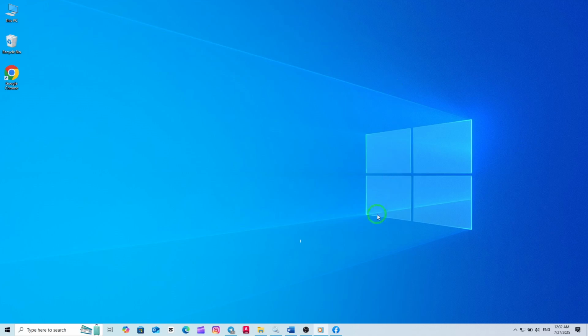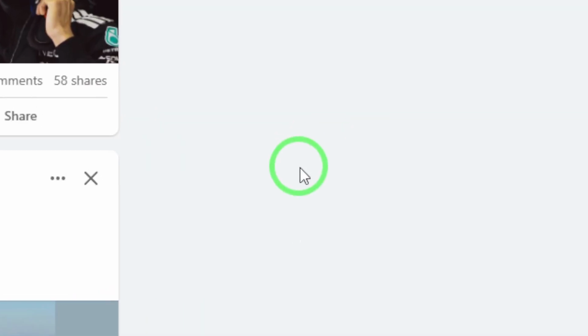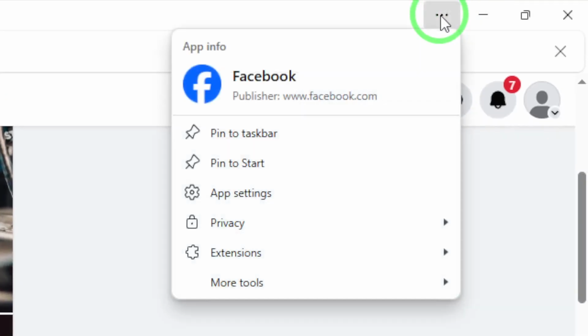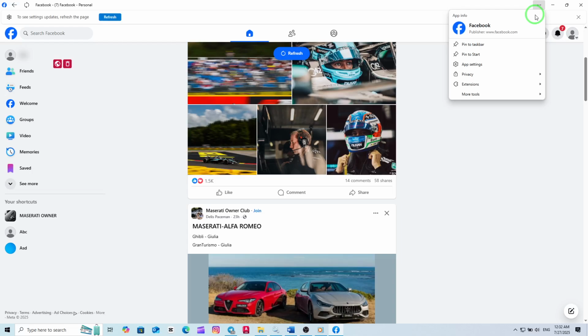Once the app is open, look towards the top right corner of the page. You'll see 3 vertical dots. Click on those. This will bring up a drop-down menu with several options. From that menu, click on App Info. This will take you into your system's settings page for the Facebook app, where you can manage its permissions and